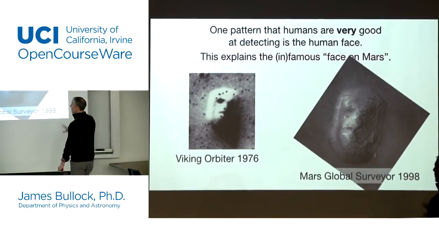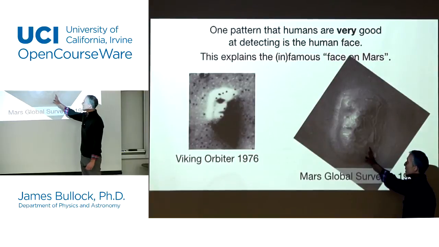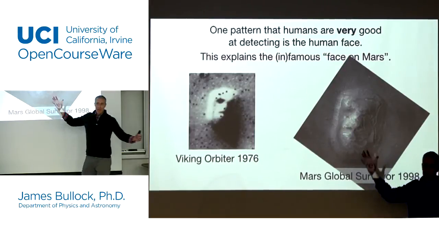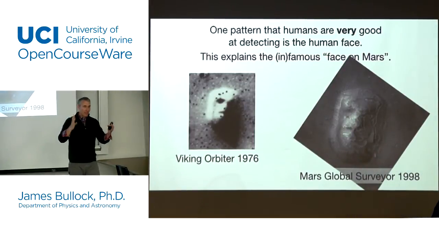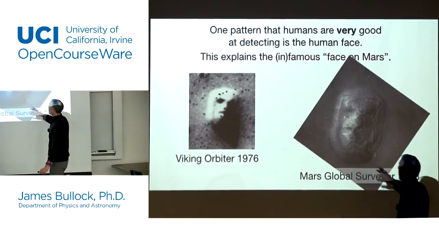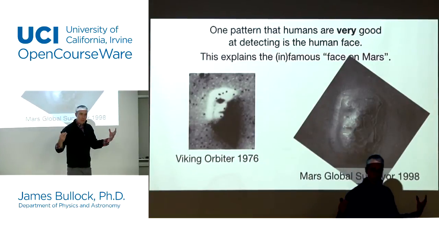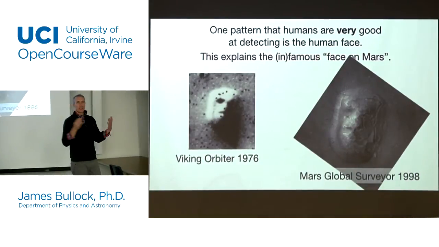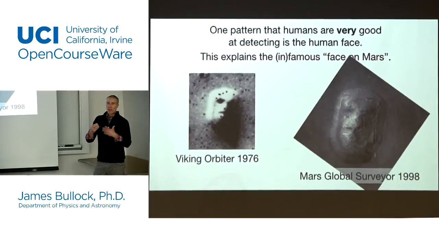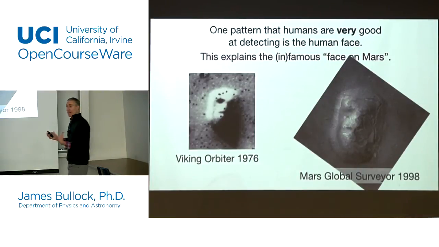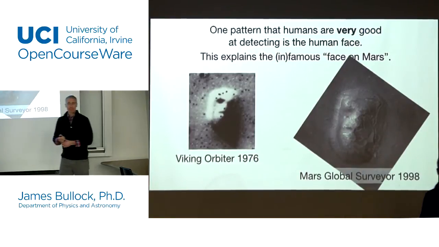Here's an updated image of exactly the same place, and you see it's not really a face, okay? But if you squint at this long enough, you could make a face out of it. But this clearly isn't some massive alien civilization building a face. If so, they're not very good at doing it, right? They just kind of got lucky with the shadow. So this kind of thing comes up a lot when people talk about alien civilizations and extraterrestrials and stuff like that. Your brain kind of wants to see things, and you've got to be extra careful before you go around making claims that you've got evidence of extraterrestrial life, okay?